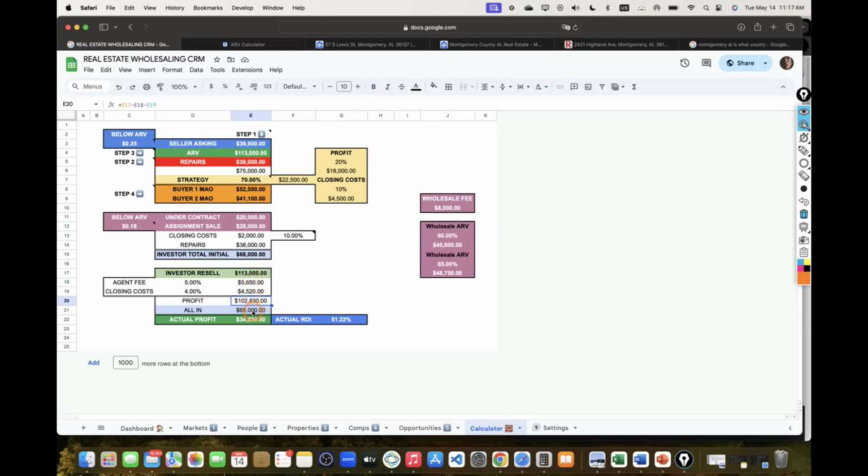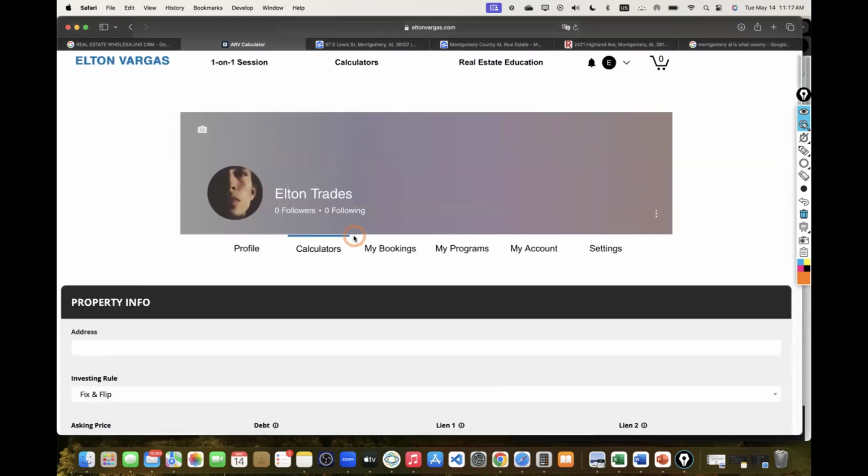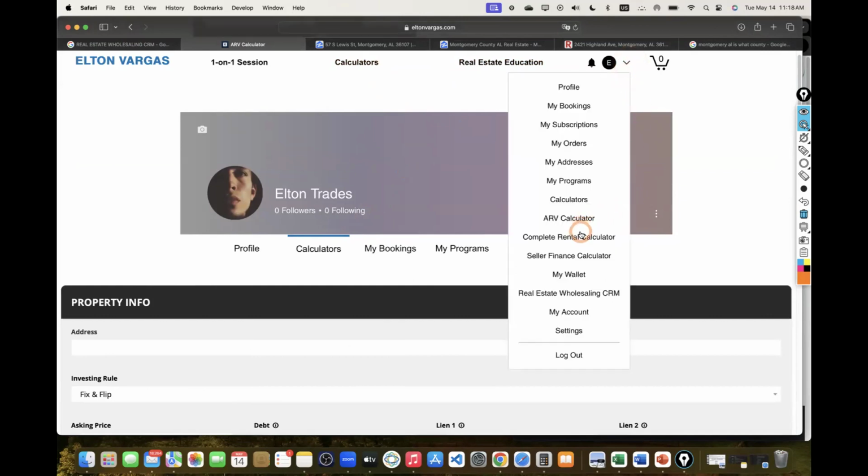Their profit is 102 minus their all-in investment of $68,000. They make $34,000. They make half of the return out of investing $68,000 in a matter of what, 6 months, a 50% return in 6 months, maybe less as well too, because the repairs don't have to be very crazy. But honestly, this is more of a buy and hold type of property. And whoever's investing in this, or if somebody wants to take this for their own investment, go ahead and take it, because that's a great deal right there.